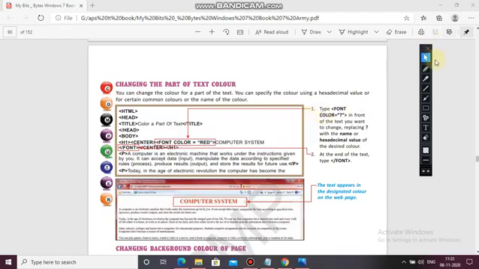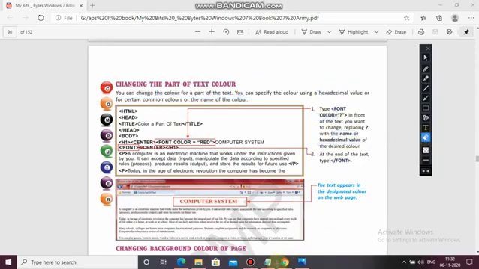To change the color of part of the text, you can specify the color using a hexadecimal value or certain common colors, the name of the color, means both. So to change the text color for a particular text, you have to use font color, the name of the color or the code, and then close.